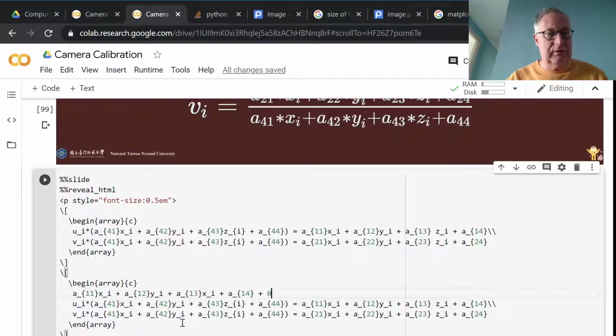So that'll give me minus A41, and now that should be xi ui,